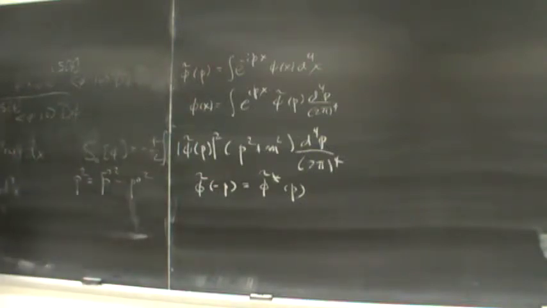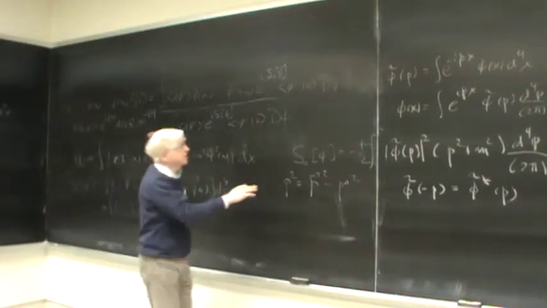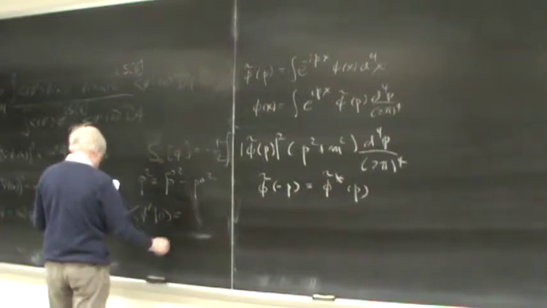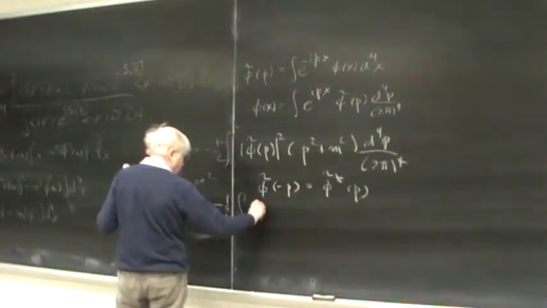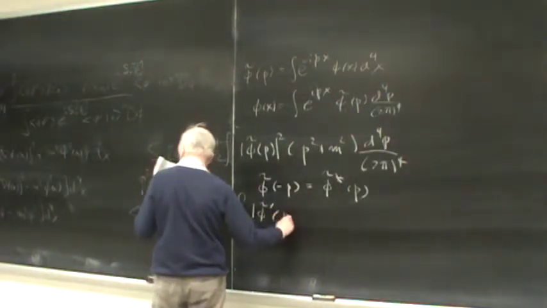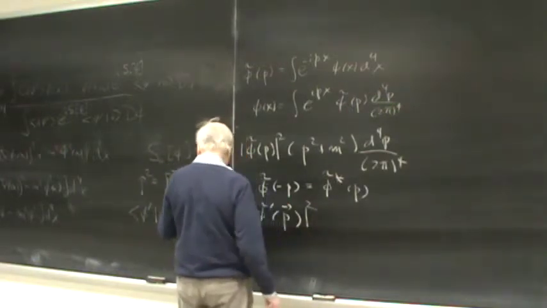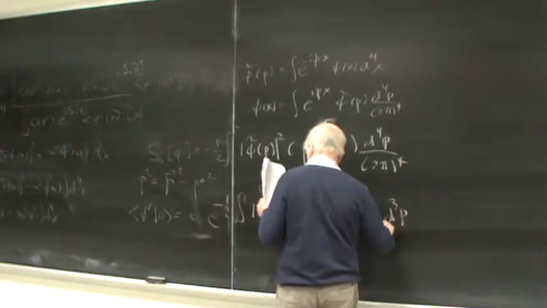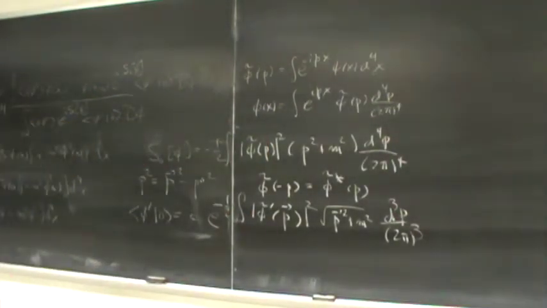The answer is, you see, if we're talking about the vacuum or the ground state of this quadratic and therefore soluble theory, then we can compute what this inner product is, 0, phi prime, or phi double prime. And in fact, it's that phi prime 0 is a constant that will be irrelevant, and then e to the minus a half and an integral, and it will be phi tilde prime of p absolute value squared, and this is actually 3 vector, square root of p squared plus m squared, and then just d cubed p over 2 pi cubed. So here we're using the same notation as there, but we only need the dependence on